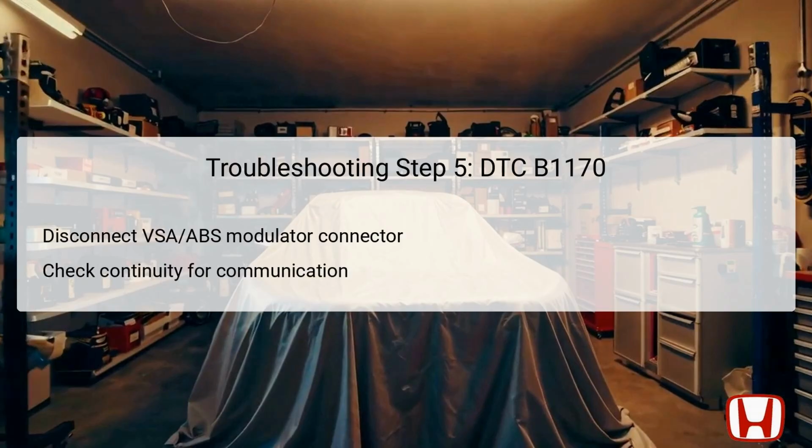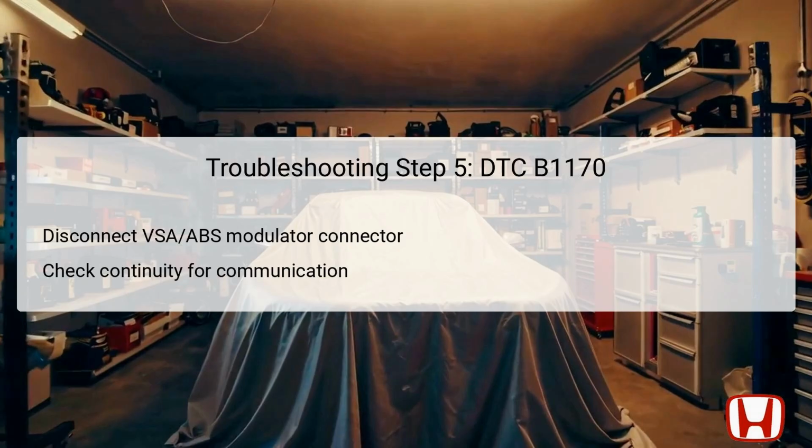In this fifth step, the technician must disconnect the VSA modulator control unit 37P connector if the issue pertains more to the VSA system, or the ABS modulator control unit 25P connector if ABS is the suspect. This disconnection allows for a clear test of the continuity between the gauge control module and the modulator control